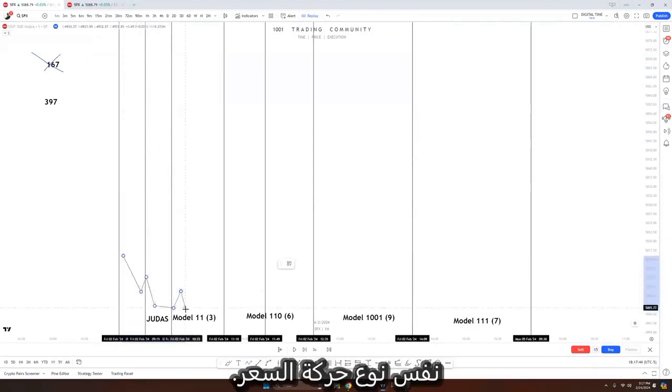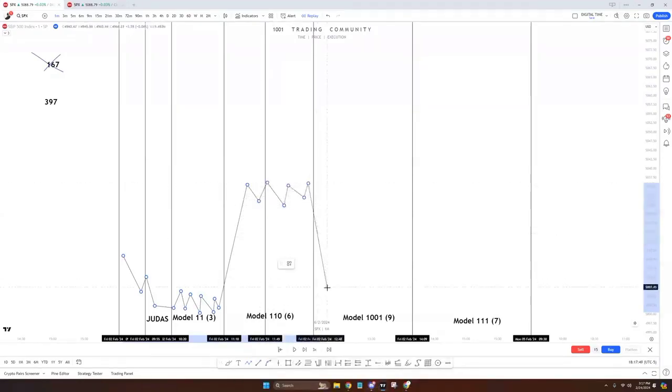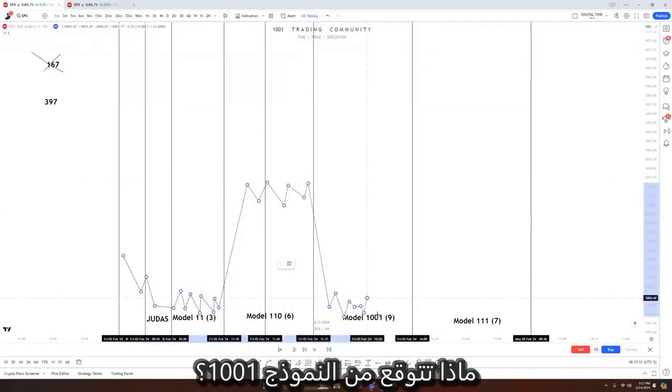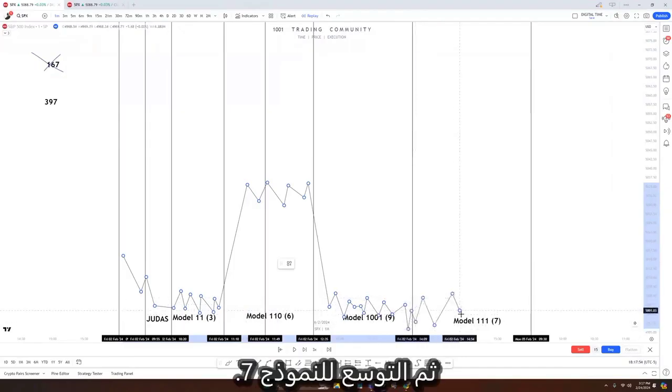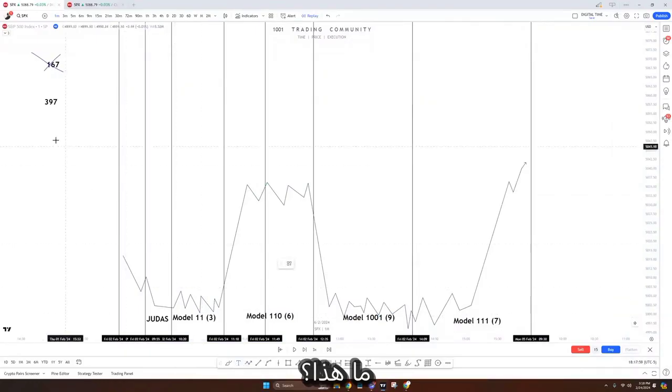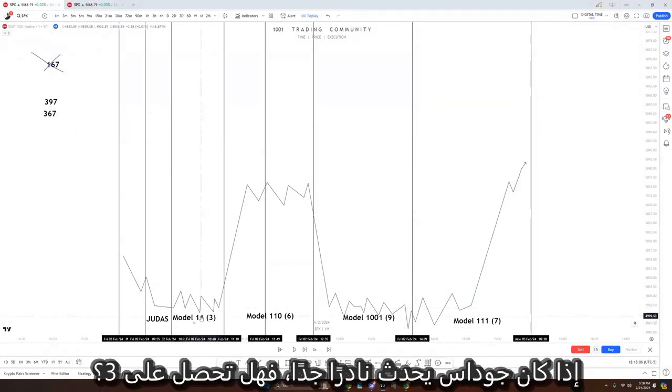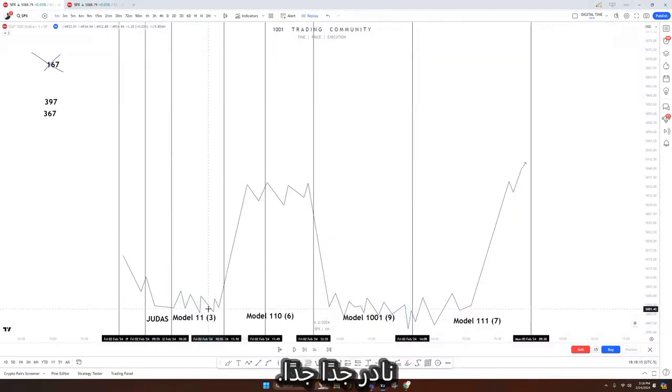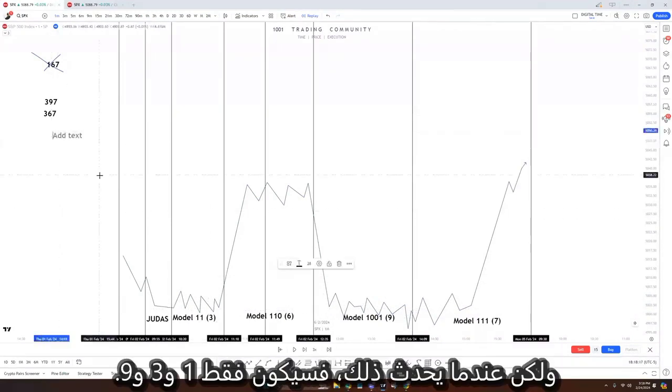Same thing, same type of price action. Model 6, you see a reversal this time. What do you expect from Model 1001? Chop. Then expansion for Model 7. What is that? 3, 6, 7. 3, 6, 7. If Judas occurs, very rarely do you get 3. Very rarely. It's very, very rare. But when it does,